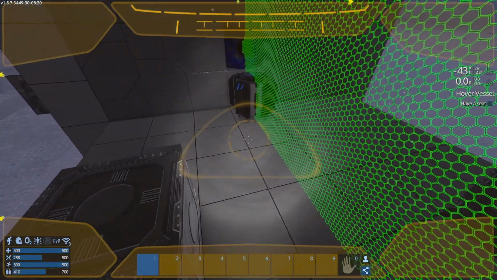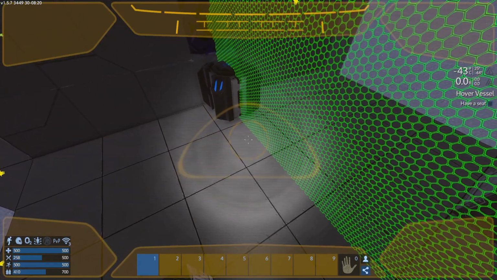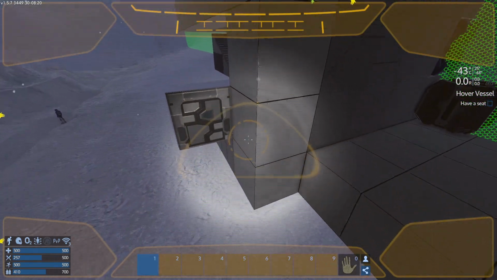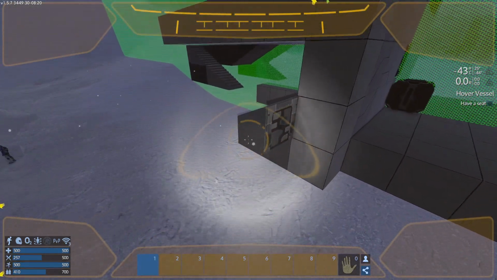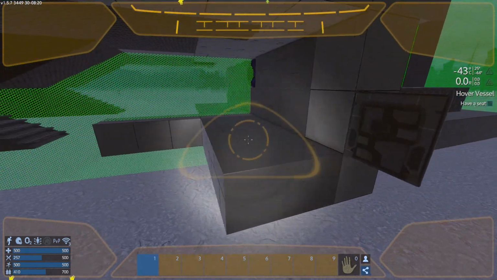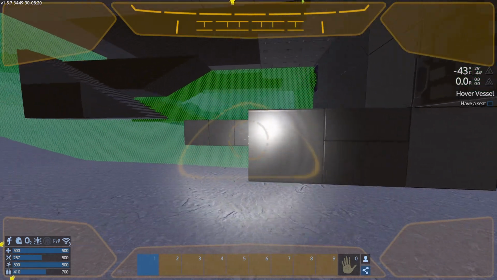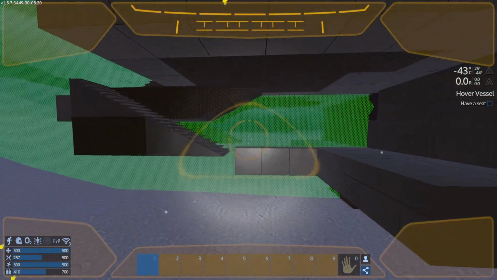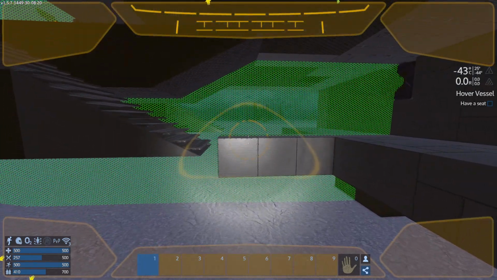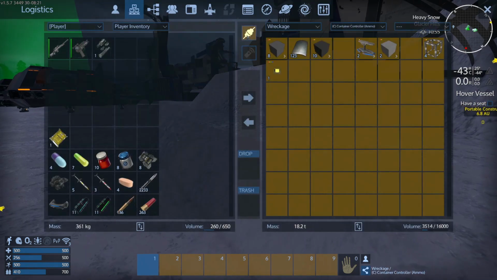We've got 1, 2, 3, 4. Okay, let me see if I got this wrong. 1, 2, 3, 4, 5. Internal wall, passageway, external wall. Yep. And I put steel blocks here when they should be hardened steel blocks, but to be honest, we're not going to get into any major combat just at the moment. And I think what I'm going to do is just cancel that,